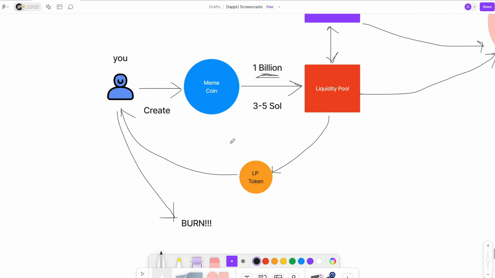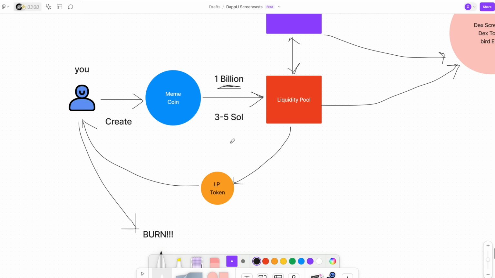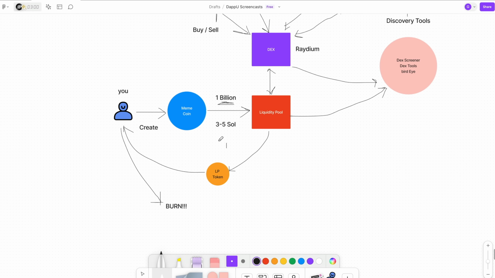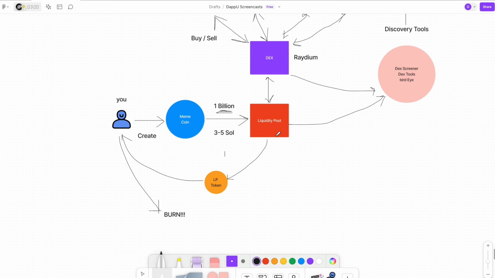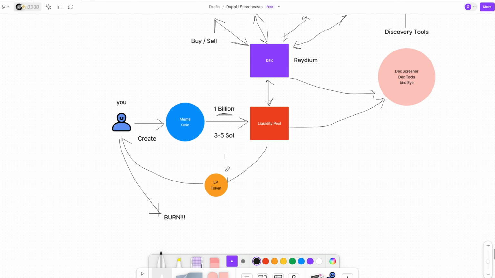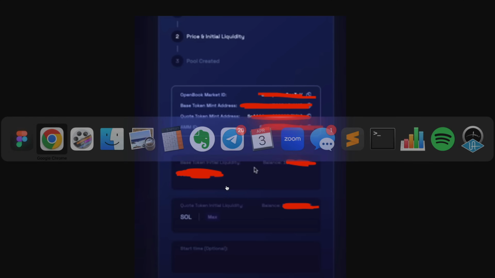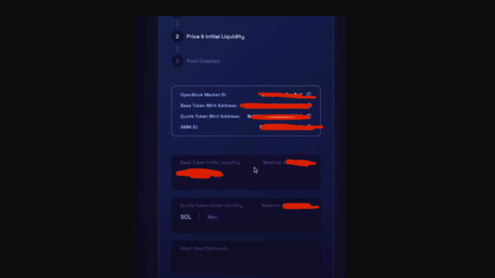That ratio is going to change based on people trading, but that might sound like a massive red flag, right? If you pulled out all the liquidity, then who can trade the token? That sounds like a rug pull. Well, it is a rug pull. And because nobody else is probably going to add liquidity for you, you're probably the only one that's going to do it, what you want to do is burn this LP token. And other people want you to do it too.